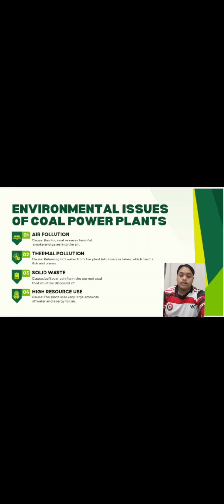First, we have air pollution, caused by burning coal and releasing harmful smoke and gases into the air. Second, we have thermal pollution, releasing hot water from the plant into rivers or lakes, which harms fish and plants. Third, we have solid waste, caused by leftover ash from the burnt coal that must be disposed of. Fourth and the last one, high resource use, which causes the plant to use very large amounts of water and energy to